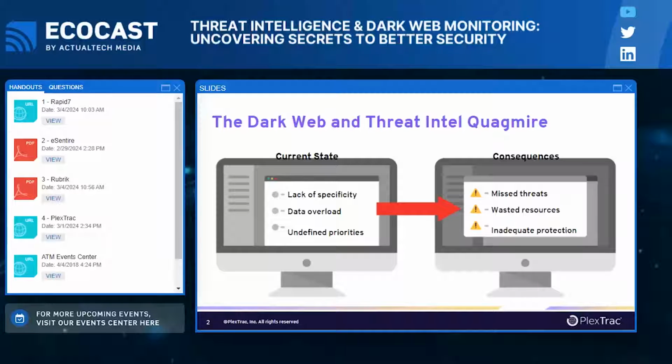I've talked to many CISOs, many organizations, and one of the first questions I always ask them is, are you using threat intelligence and dark web? And they always respond like, yes, of course we are. And I'm like, great, how? And their responses are incredibly vague on a very common answer. And I always tell people, a difference between a great organization using dark web intelligence and one that is maybe on the lower maturity curve is not in relation to how much you are possibly spending or how much time you are putting into it. It is regarding the processes and the context that you apply and what's important to you.